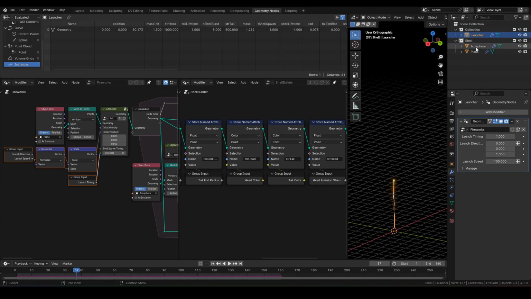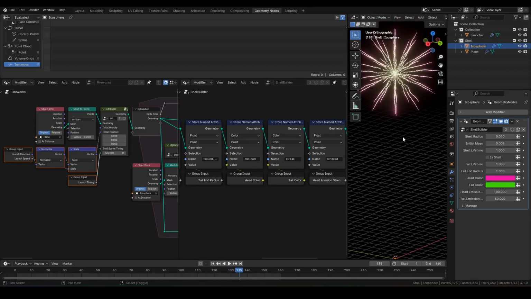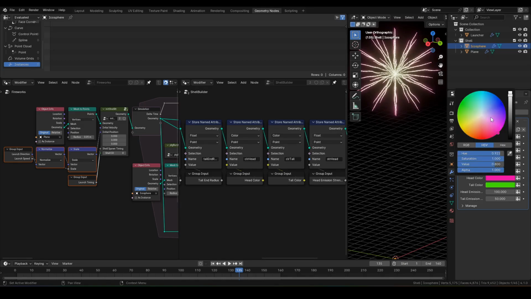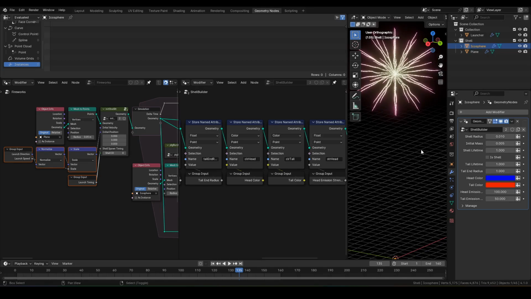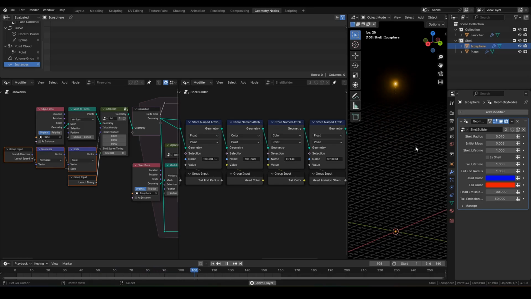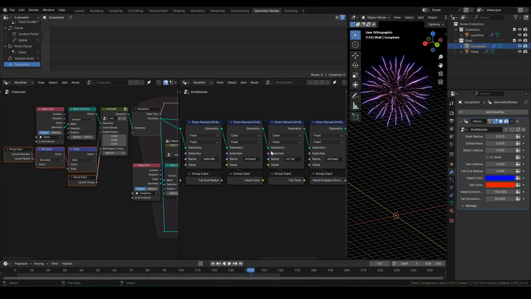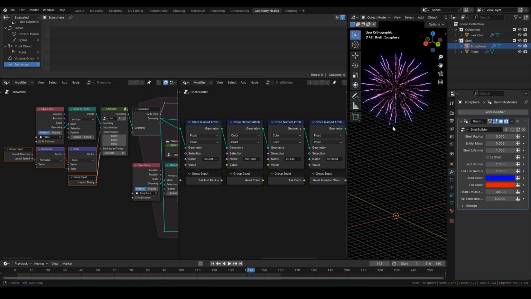Okay, so the point of today's video was to split the original geometry node into different objects without breaking the Fireworks system as a whole. Now, if we want to say change the color of the bursting stars, we no longer have to change anything in the Fireworks geometry nodes, but only have to make small changes to these shell objects. We've successfully been able to move towards making a variable Fireworks generator.